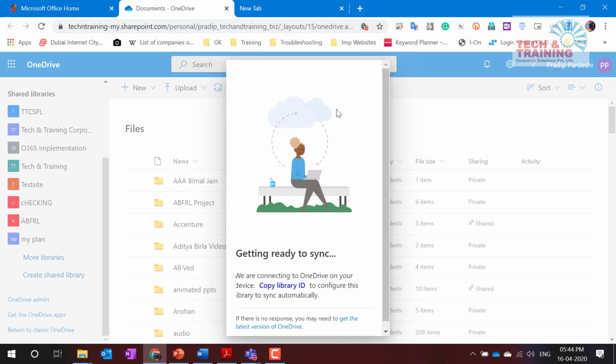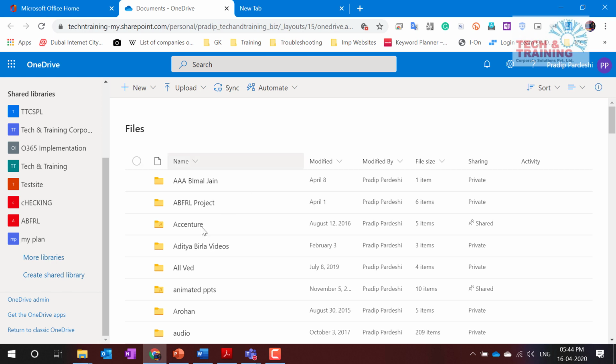Just click on that, and it will launch OneDrive and start syncing. Any file or folder that you create on OneDrive will automatically get uploaded, and any file or folder that you create online will get downloaded on the system. This is how syncing happens.